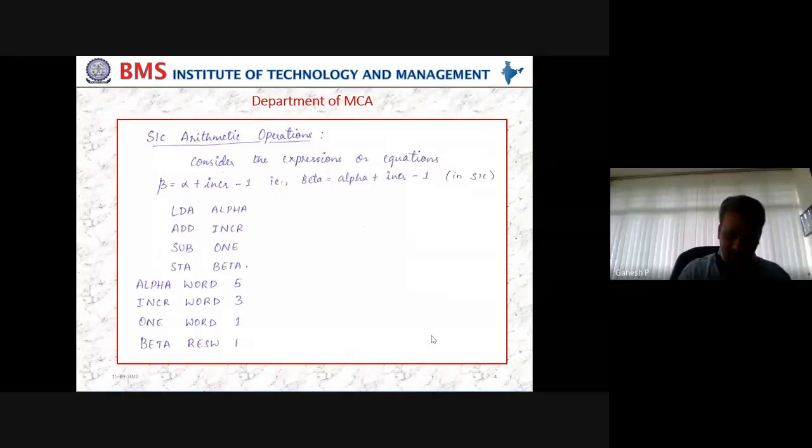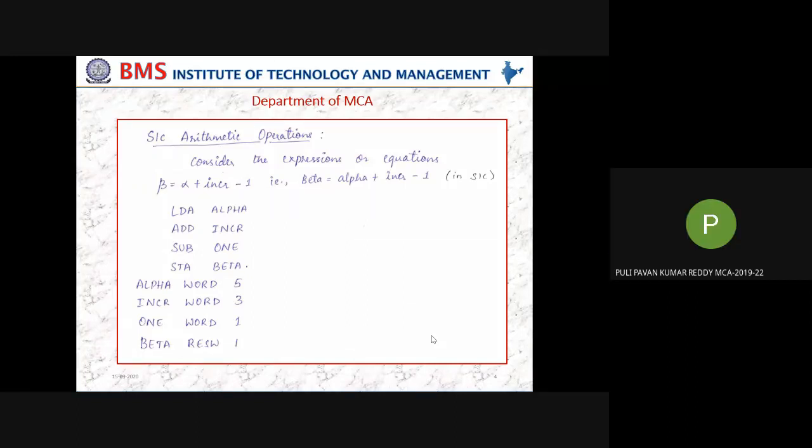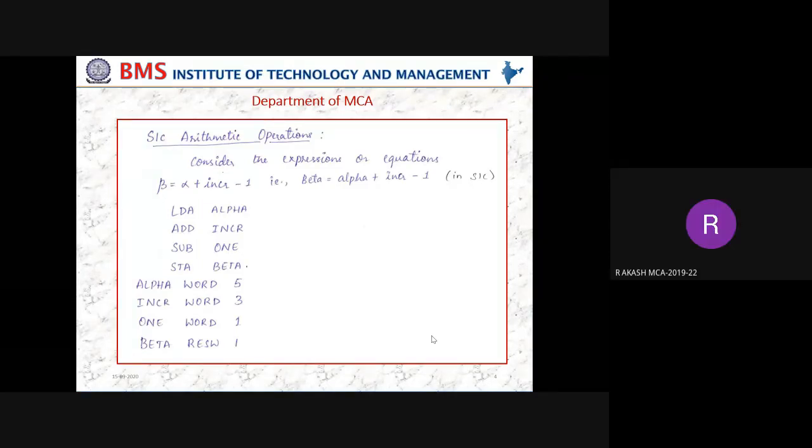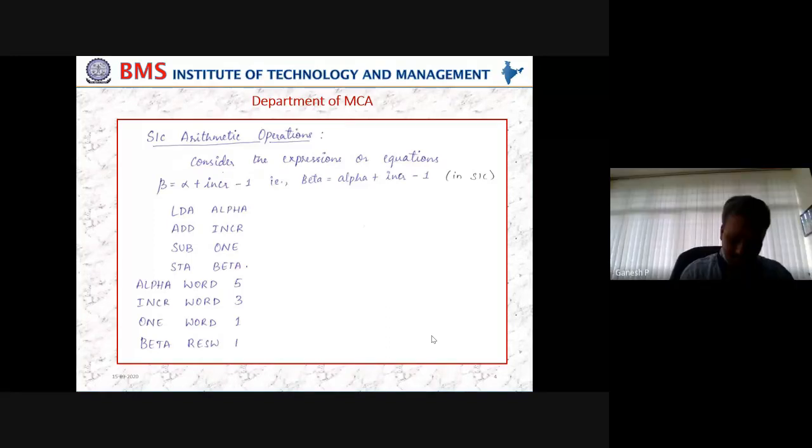Pavan Kumar, present, sir. Akash, present, sir. Rajeshwari, present, sir. Rakesh, yes, sir. Ramya, present, sir.